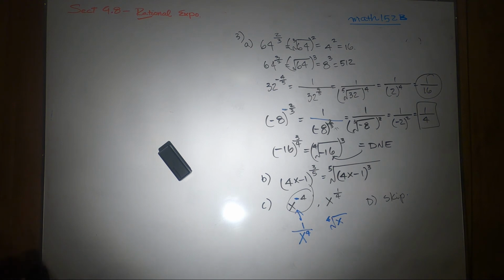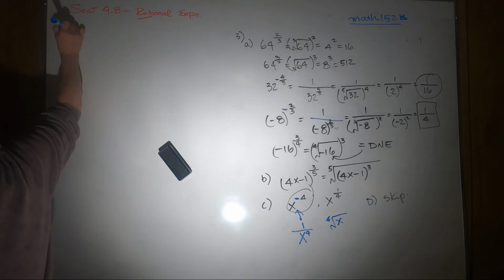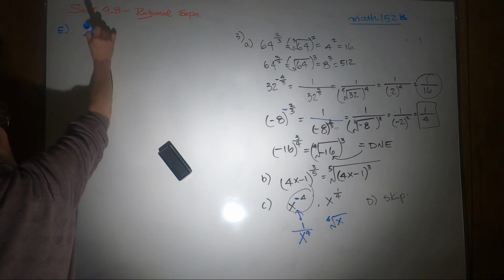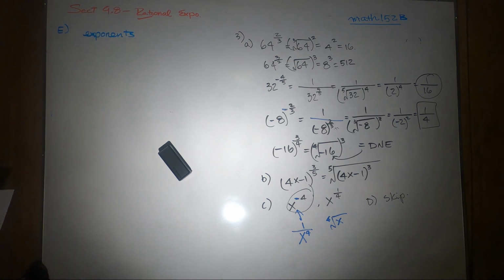We do that, or we use the power of a quotient, power of a product to distribute your powers as well, okay? We just talk about all those properties to simplify our